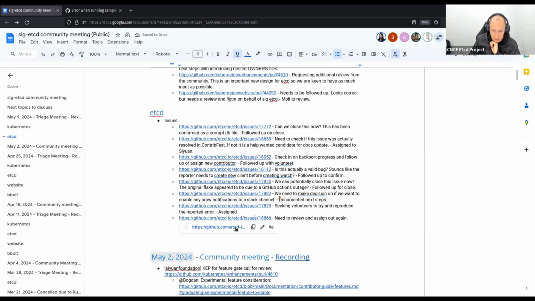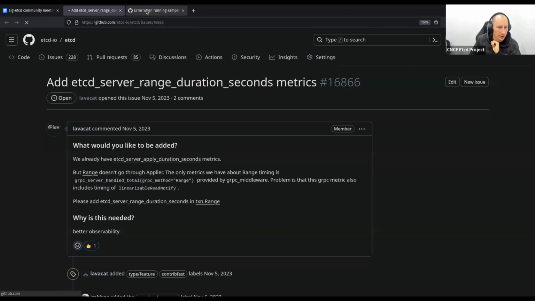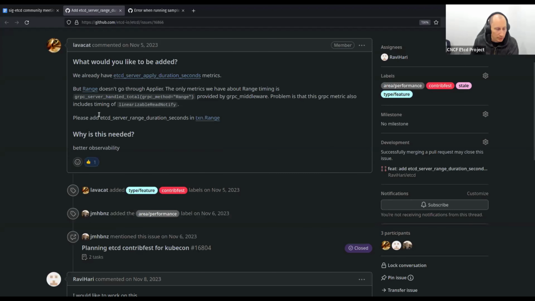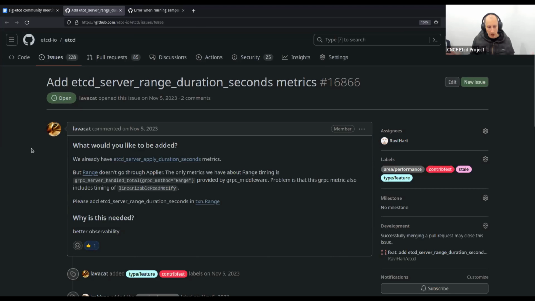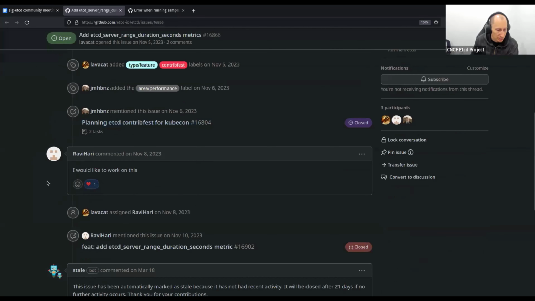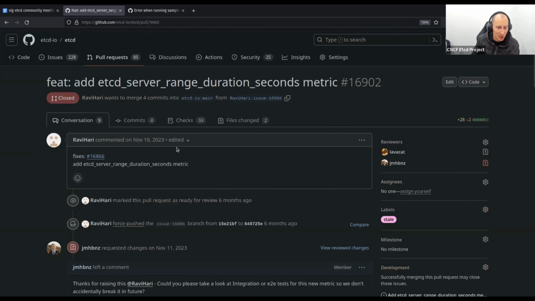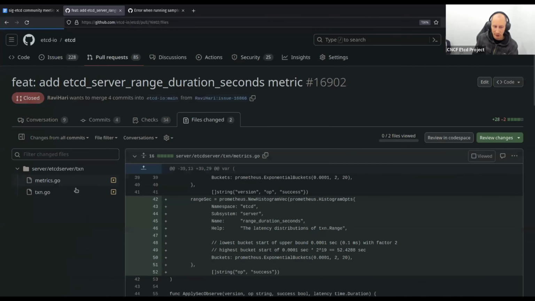And last one. I think this is another Contrafest issue. Yeah, it was. Okay, so we have an existing metric for server reply duration seconds. And we wanted to add a similar metric, or a companion metric, for server range duration seconds. A previous contributor had a go at it. They created the metric, but they didn't create a test or anything. So they kind of did half of the job,